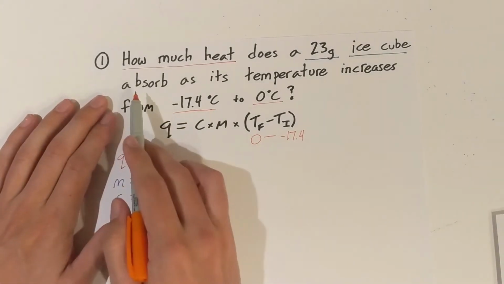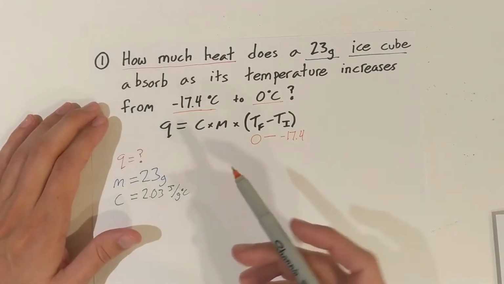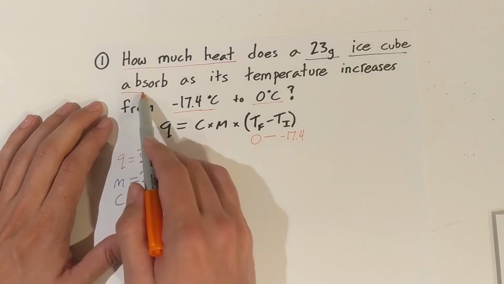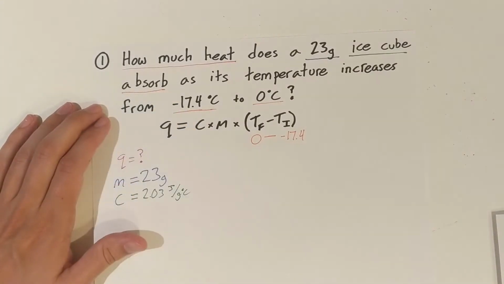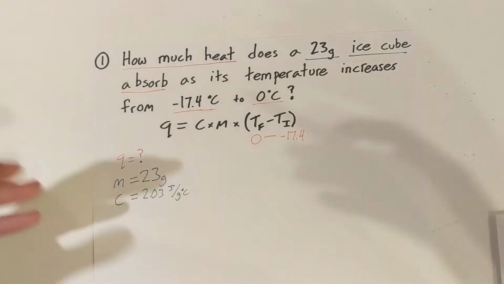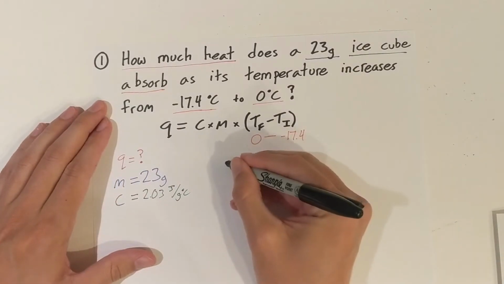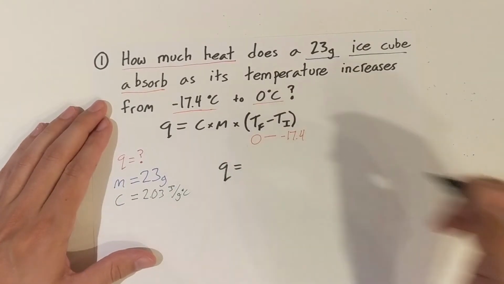And as we go through here, another thing that helps us know that we're going to get a positive number is if something is absorbing heat, it's going to have a positive temperature increase. So let's throw all our numbers in here and we'll calculate it. So we'll write out Q, that's what we're looking for, equals